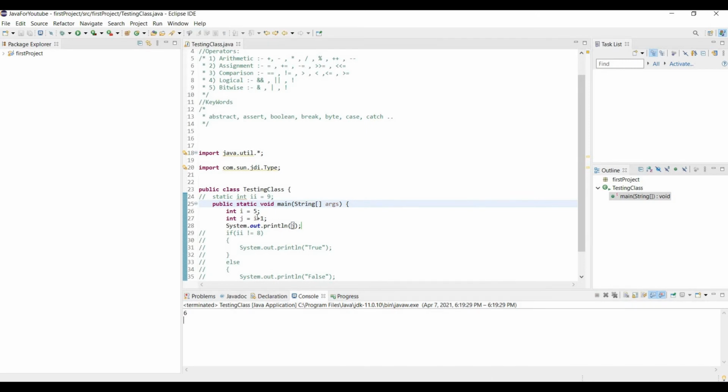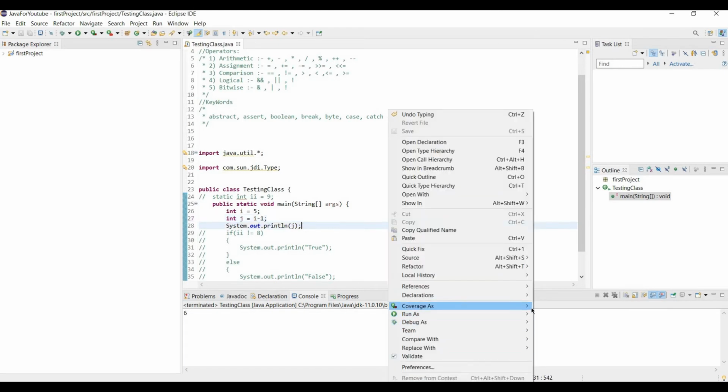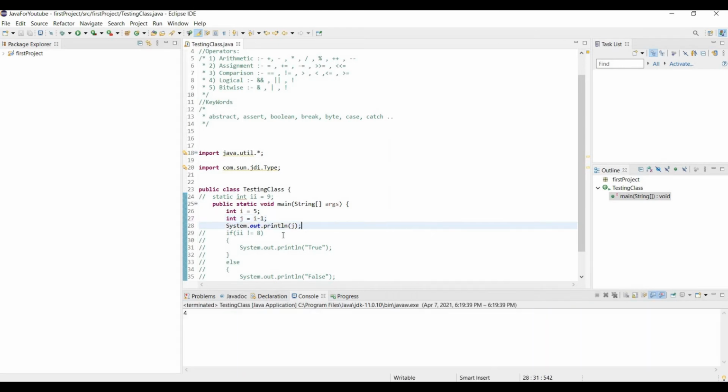Fine. So we are using here plus operator, and if we use minus, then it will show you 4. And for multiplication, simple. I don't want to make it so much complex. And this is division, this is modulo operator. Okay, and this is plus plus and minus minus. I'll show you this one. Plus plus means it will increment it by 1, and minus minus means it will decrement it by 1.